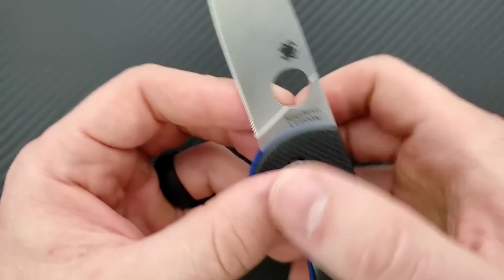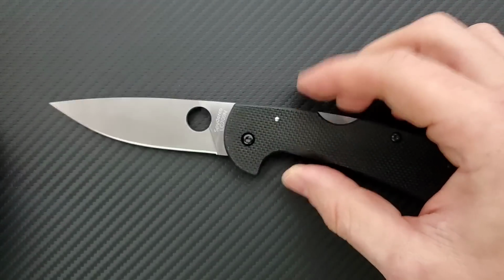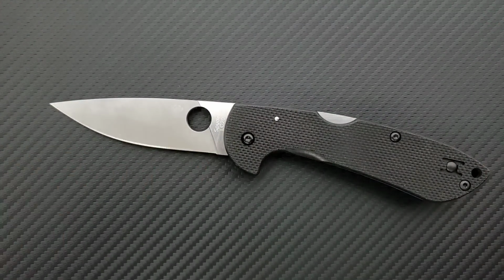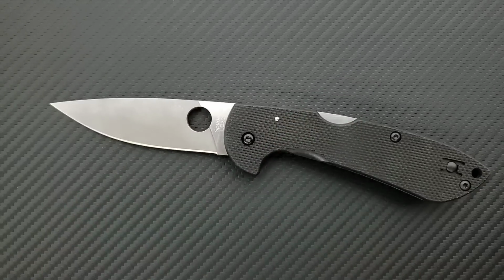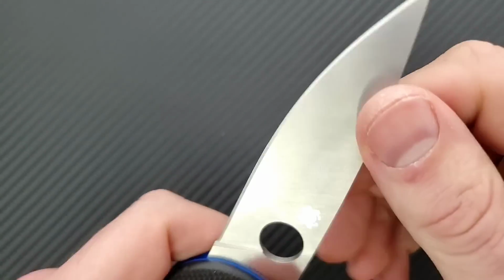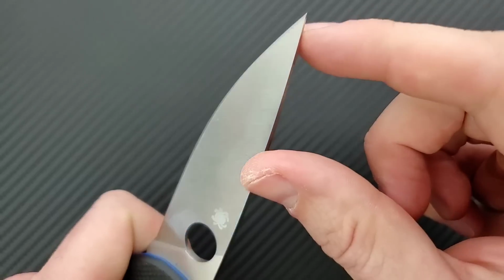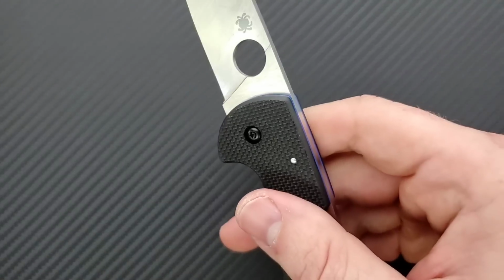The inside of the hole is a little bit sharp, but whatever. There's a lot of stuff that you're going to be handling, if you're going to bring this to the appropriate setting, that's going to be a lot rougher on your fingers than the opening hole or the spine of the blade or the spine of the lock. So whatever. Definitely a tip that's going to accentuate for puncture tasks,